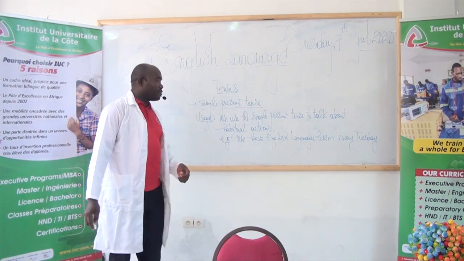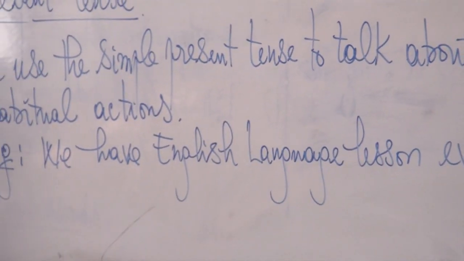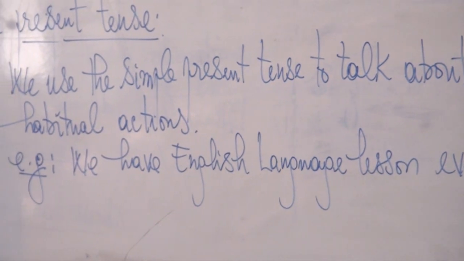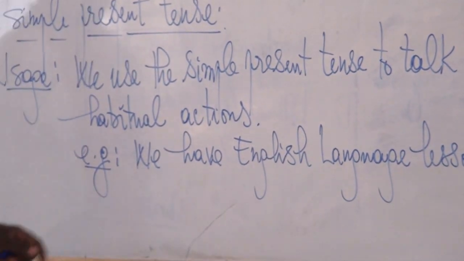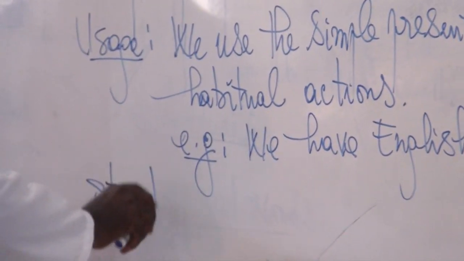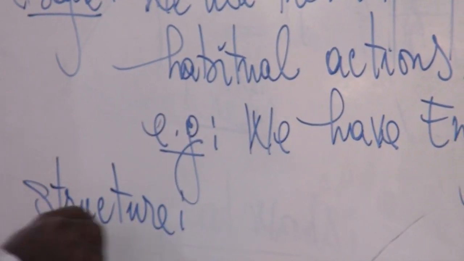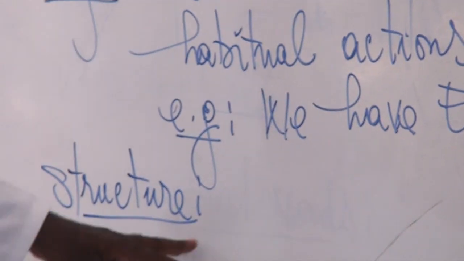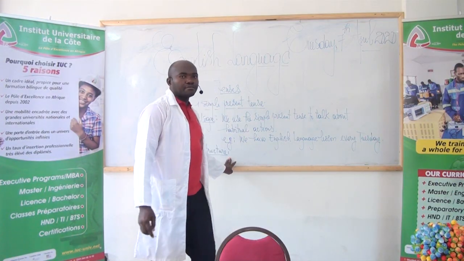So this is an example of a habitual action. Okay. Now talking about the structure of the simple present tense, we have to know that